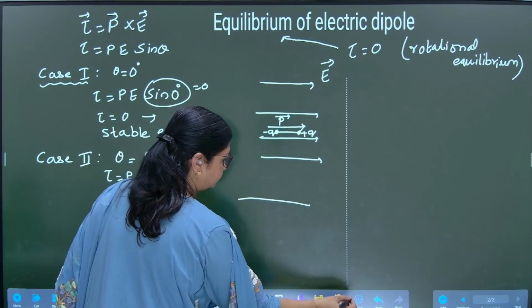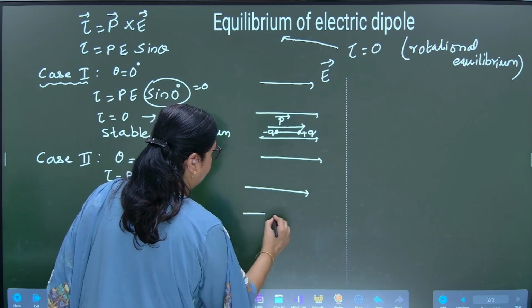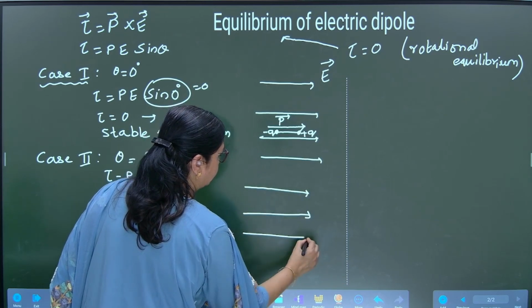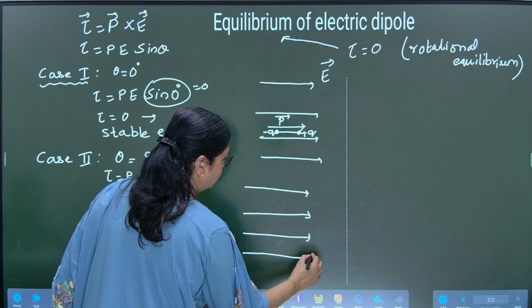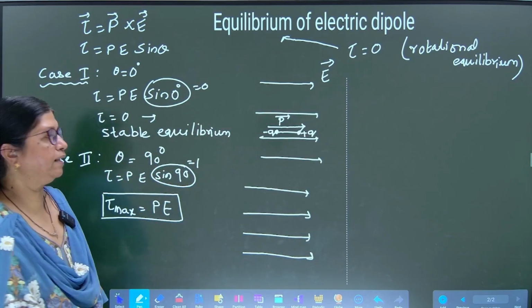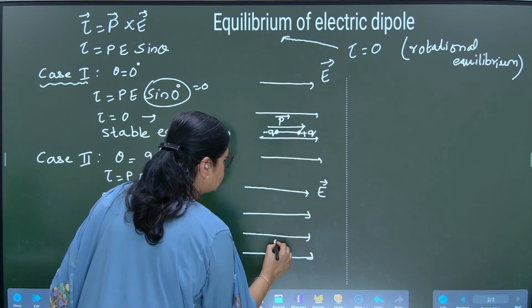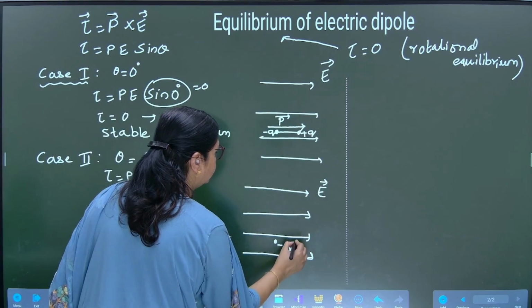Again I draw the uniform electric field as parallel lines equidistant from each other. I want to place the dipole perpendicular to the electric field. How do I place it? I just place it